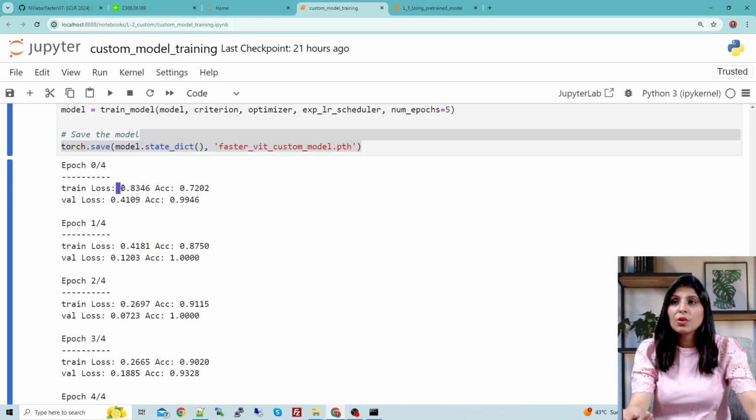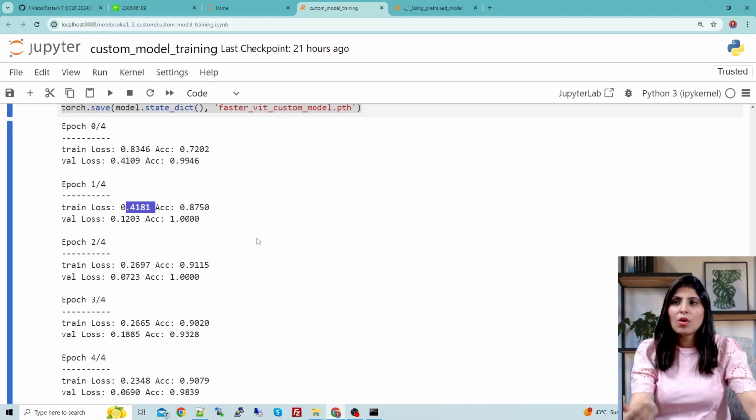After the first epoch, you can see the training loss is this and accuracy is this on the training data set, and over here training loss is quite high, right? And if you see, the validation loss and validation accuracy is good, maybe because our data set is very simple. Now let's see the next epoch. In the next epoch, see our accuracy and the loss is improved. Earlier this was the loss, and now the training loss is this, so it reduced, right? So that means our model is learning.